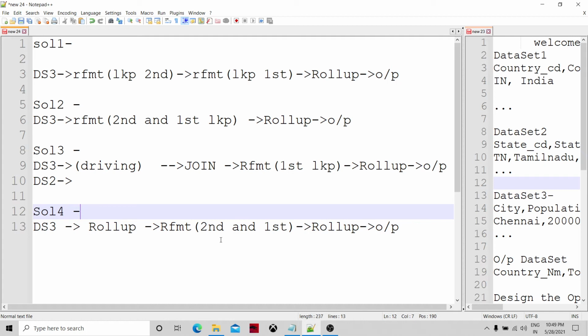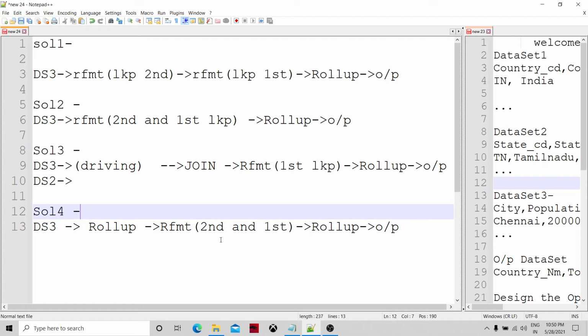Nobody can take the smallest dataset and then look up into the larger one, that would be weird, so that solution is not going to work. While taking dataset 3 as the input, we have to produce the output, so this roll up is very common.